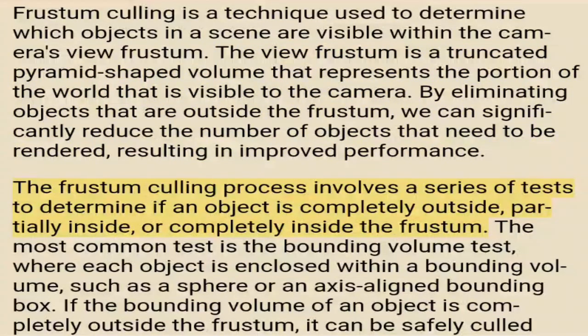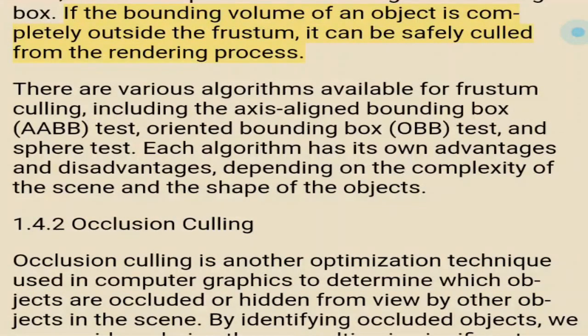The frustum culling process involves a series of tests to determine if an object is completely outside, partially inside, or completely inside the frustum. The most common test is the bounding volume test, where each object is enclosed within a bounding volume, such as a sphere or an axis-aligned bounding box. If the bounding volume of an object is completely outside the frustum, it can be safely culled from the rendering